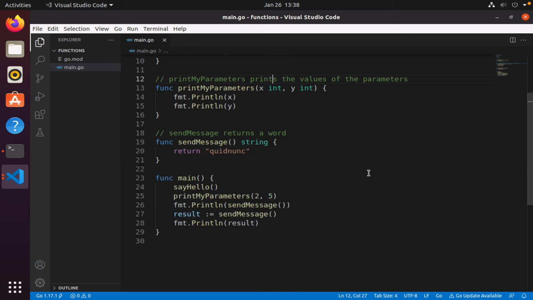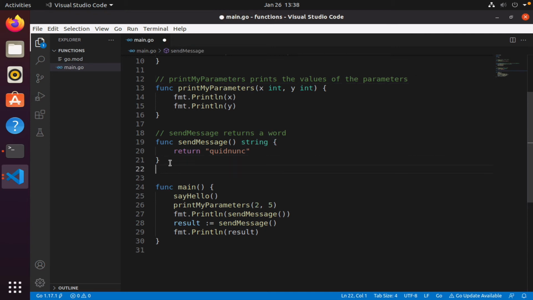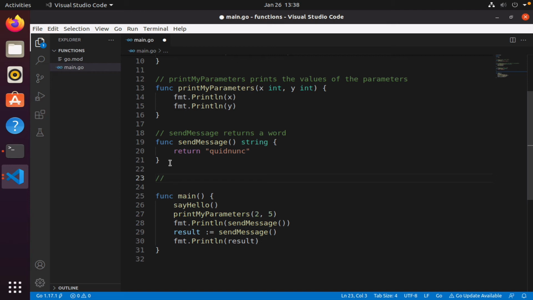So that's a function that does not take any arguments and does not have any parameters, but it returns something. Let's look at the other kind. We only have one other option, which is functions that accept things and return things. So let's say